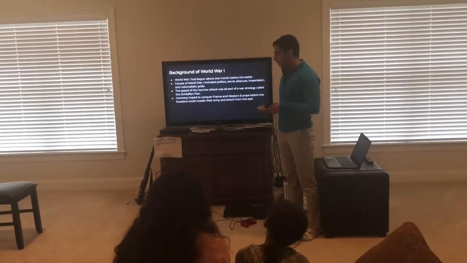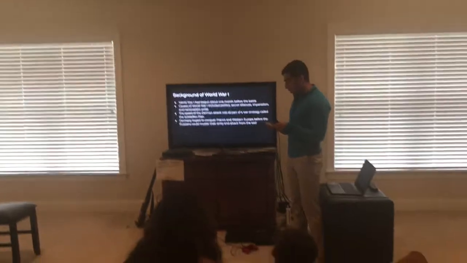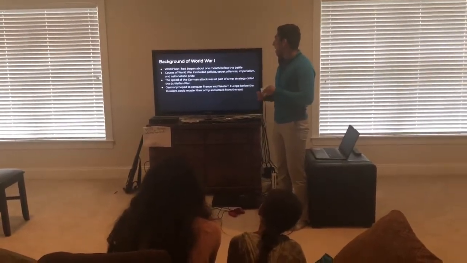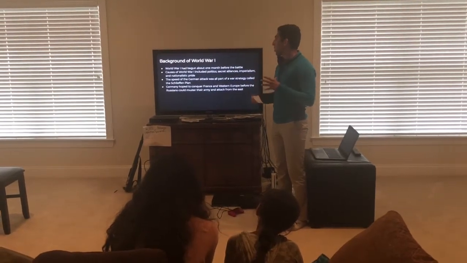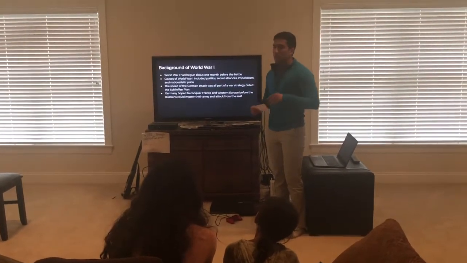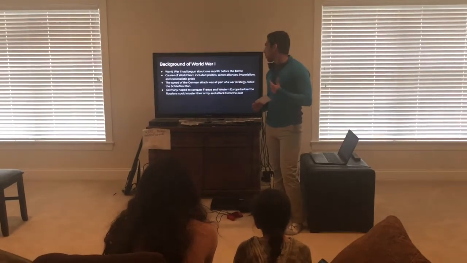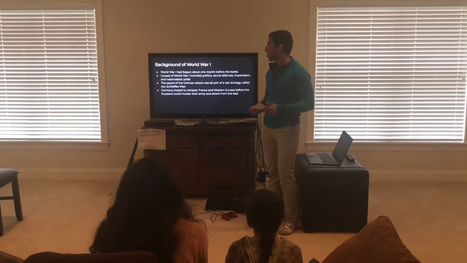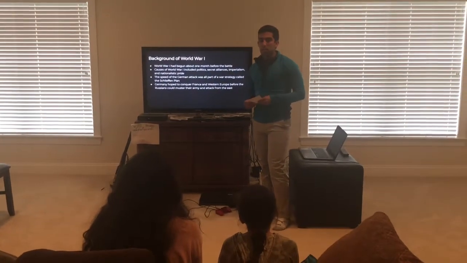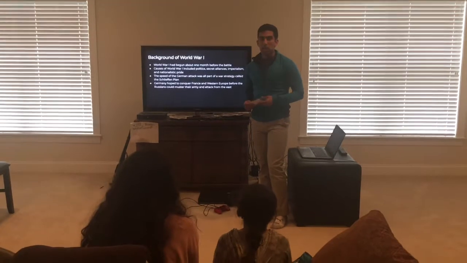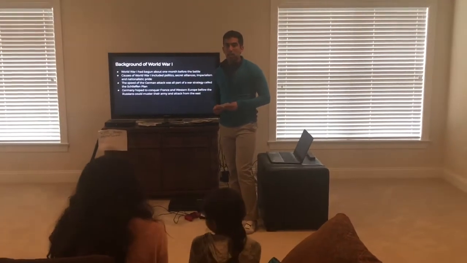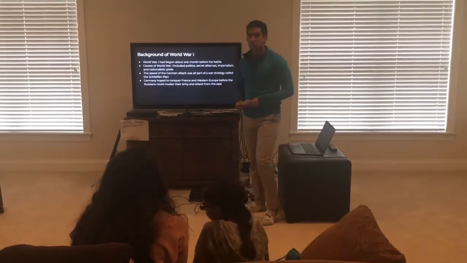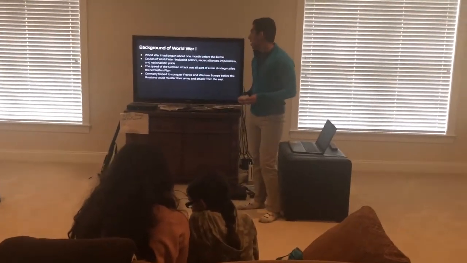So the background of World War I, it started in 1914 with the assassination of Archduke Franz Ferdinand, and World War I had begun about a month before the First Battle of the Marne. A lot of the reasons behind World War I include political reasonings, secret alliances, imperialism, and nationalistic pride. The idea was that Germany essentially wanted to increase their political and economic maneuver and gain more power within Europe in order to have more strategy.